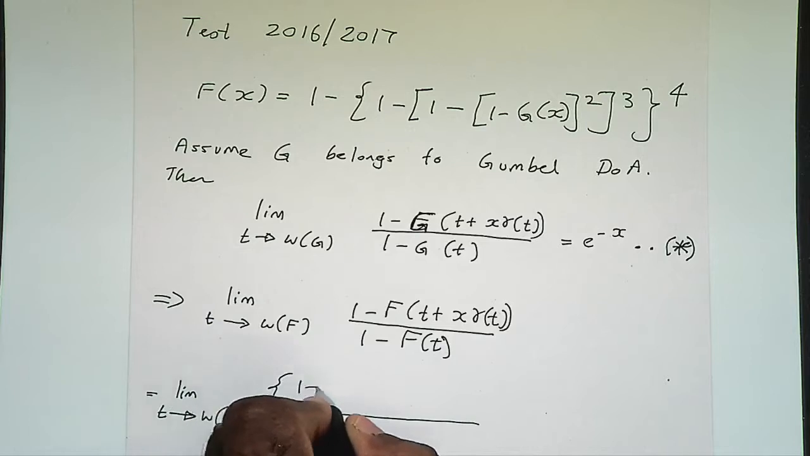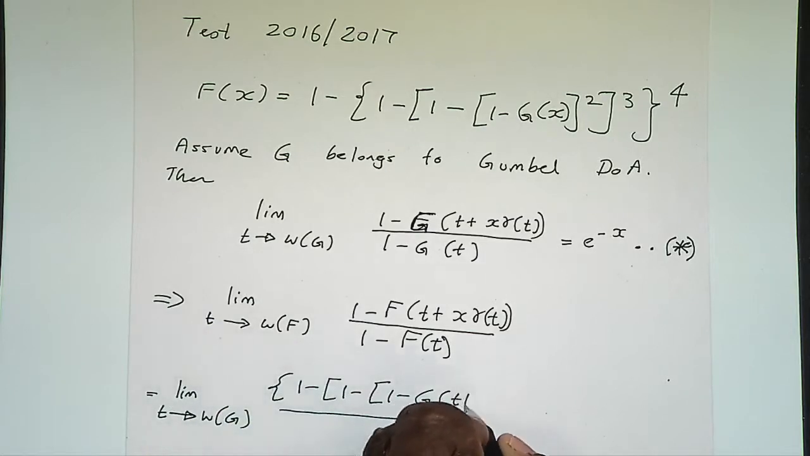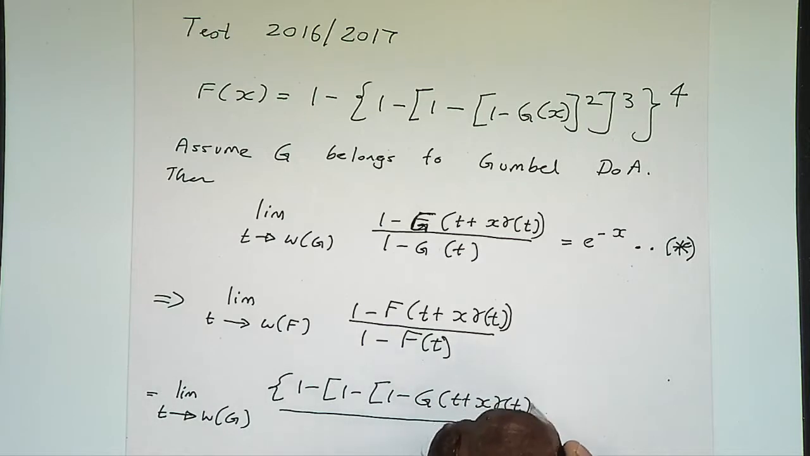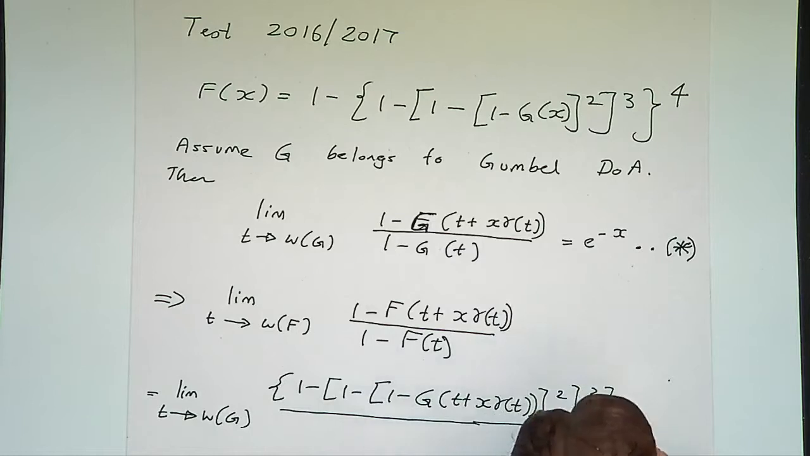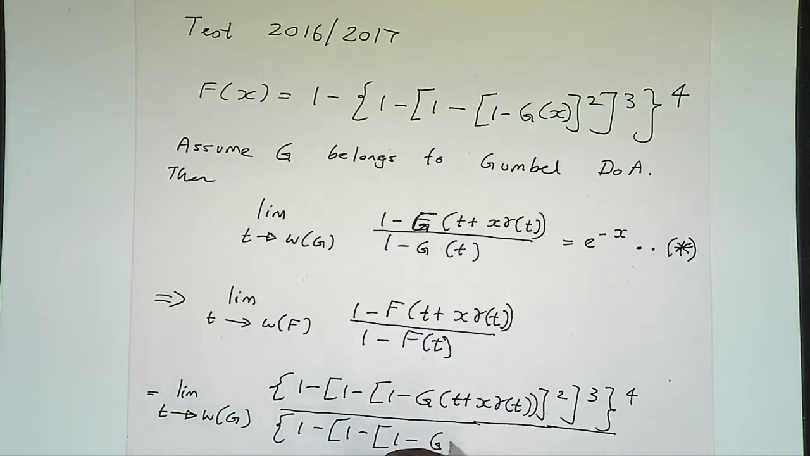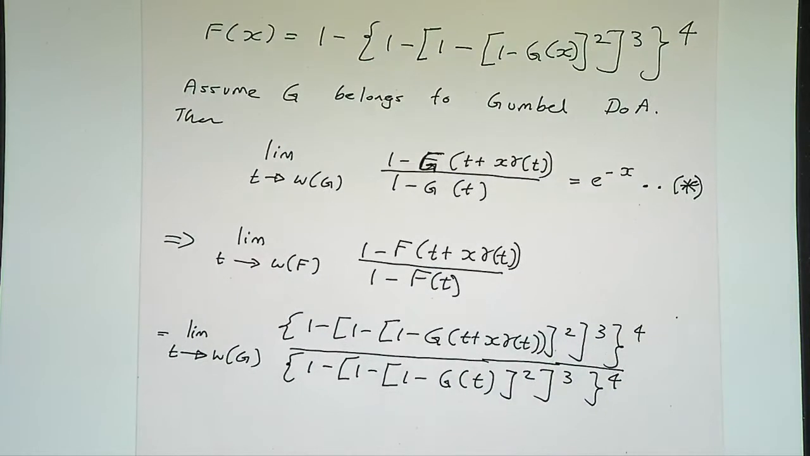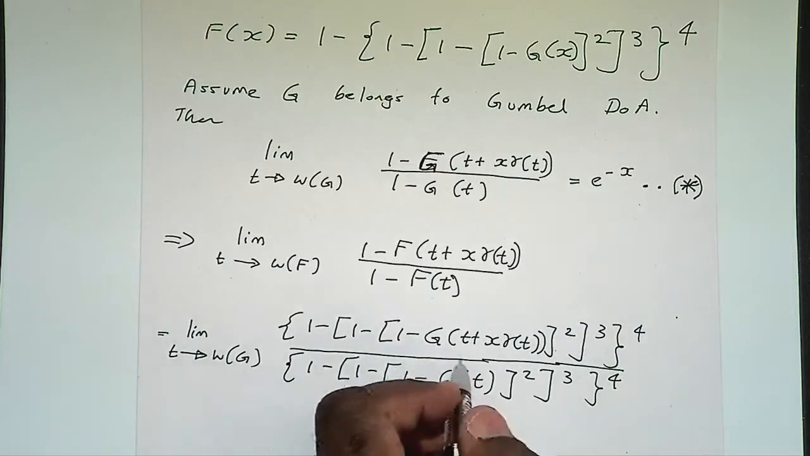You have 1 minus 1 minus 1 minus g of t plus x gamma t, right? Then squared, then cube, then power 4. And in the bottom you have 1 minus 1 minus 1 minus g of t, squared, cube, to the power 4. You follow me? Right? Alright, now you see here that as t goes to W of g, this guy here,